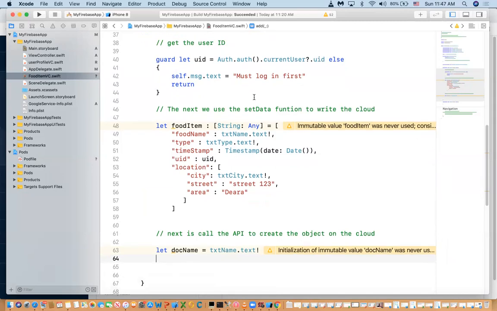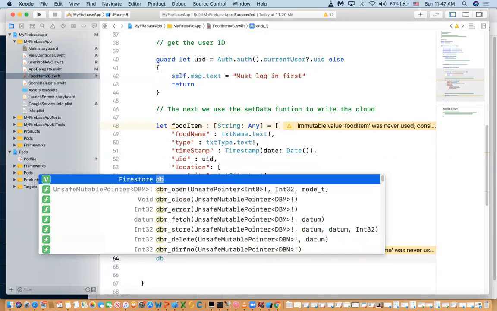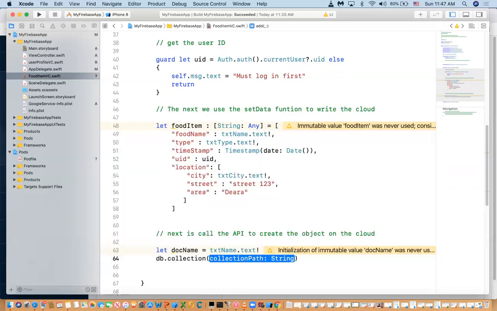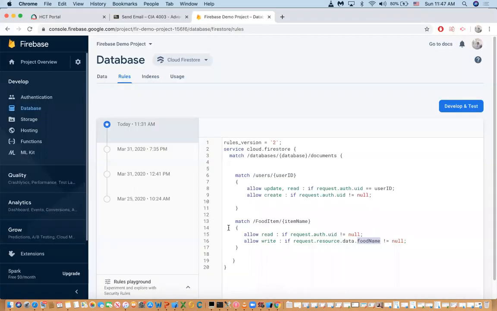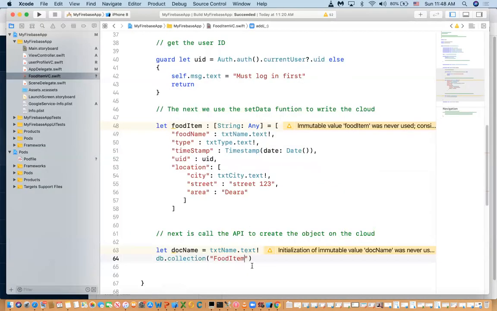The next thing I'm going to do, I'm going to say DB. We already have the DB object, DB dot collection, and the name of the collection. What is the name of the collection? If you remember, if you go in here, because that's what we set the rules, you'll see the name of this is called food item. So that is my collection name. So I'm going to use that in here. And then I'm going to say .document,